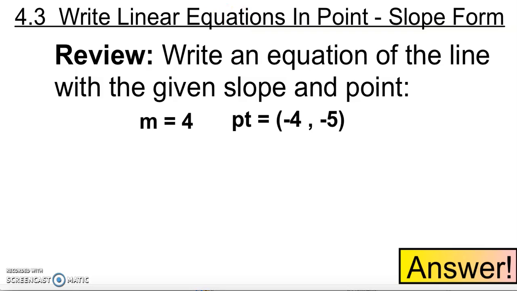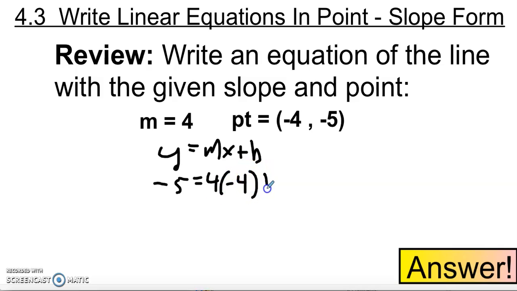So I'm just going to fill that into y equals mx plus b format. So y equals mx plus b. My y here is -5. My m is 4. My x is -4. And we're going to try to figure out what that b is. So -5 is still -5. -4 times 4 is -16